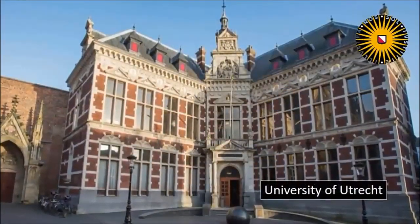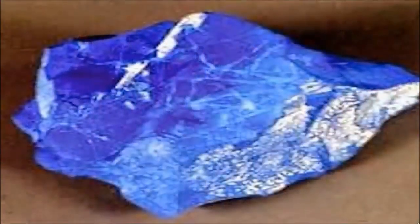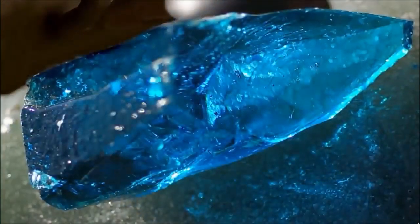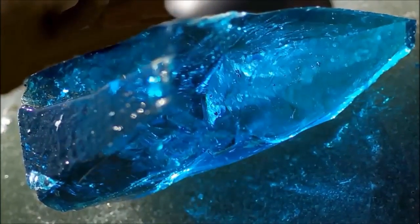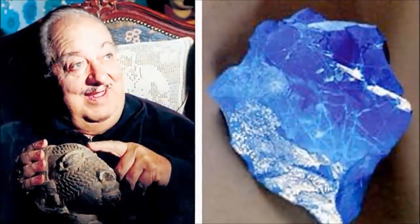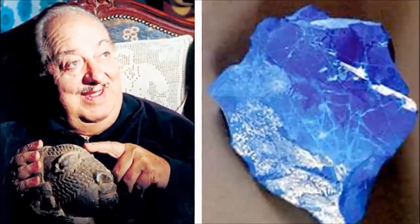Mysteriously, at the University of Utrecht, the stone underwent several tests with use of strong acids, but none of the acids could affect the stone. It was even heated to over 3,000 degrees Celsius, yet its composition wasn't altered. When a small piece of the stone was pulverized and viewed under the microscope, it curiously lost its color. Now known as the Sky Stone, according to analysis, an amazing